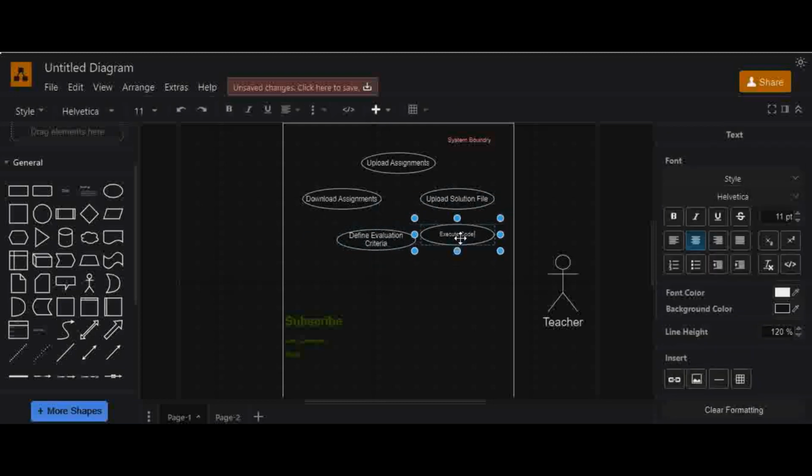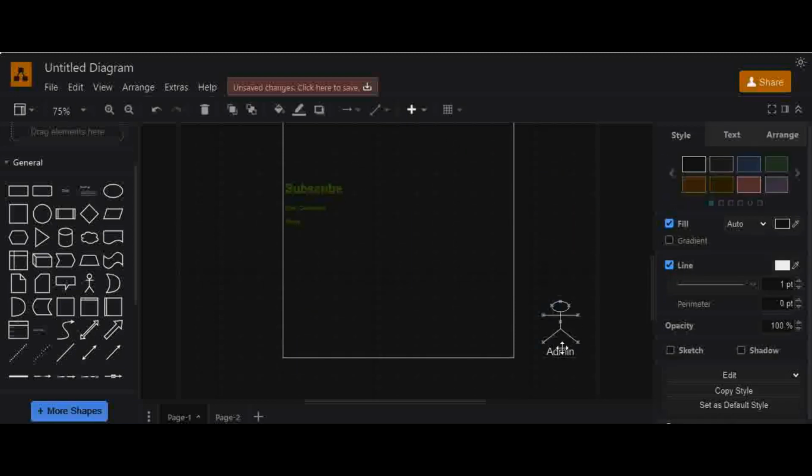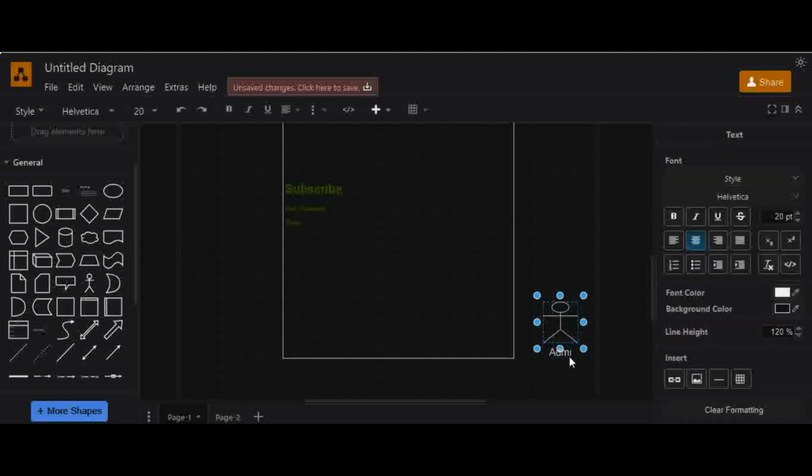Next use case is evaluate code. Also, I'm making another actor which is student.